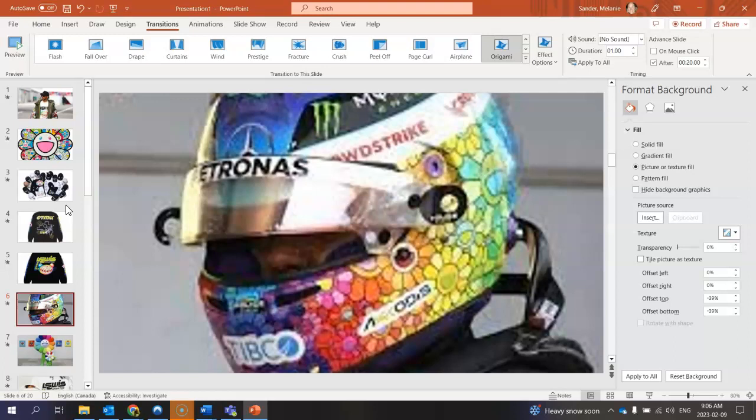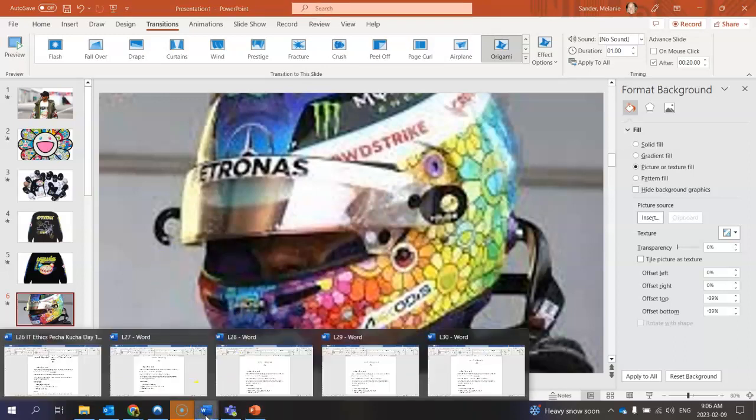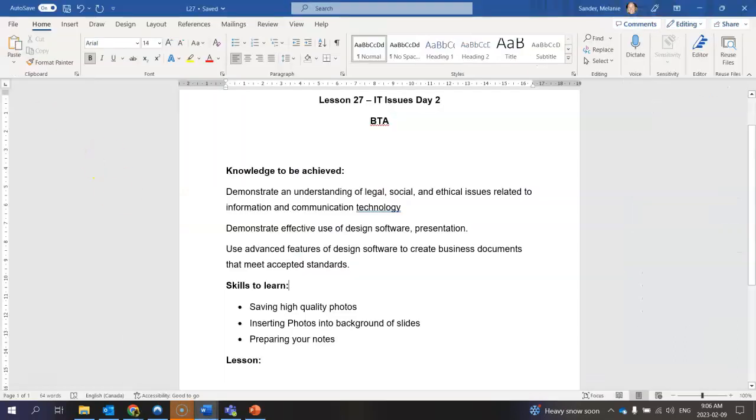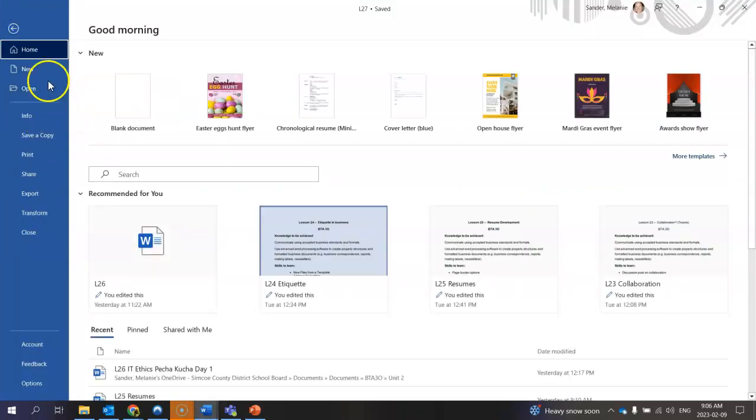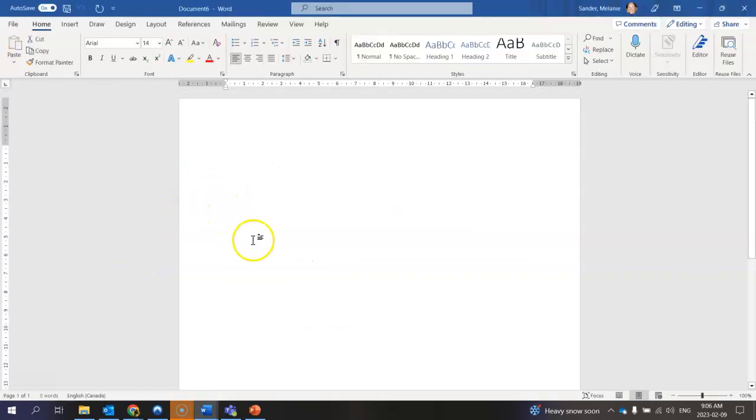So again, for your PowerPoint today, make sure that you've got your pictures in, that you've got your transitions on, and then I want you to work on what you are going to be talking about. So for that, I'm going to open up a Word document and I'm going to go File, and I'm going to go a new blank document, and I'm going to call this lesson, I forget what lesson I'm on, 27, Pecha Kucha,